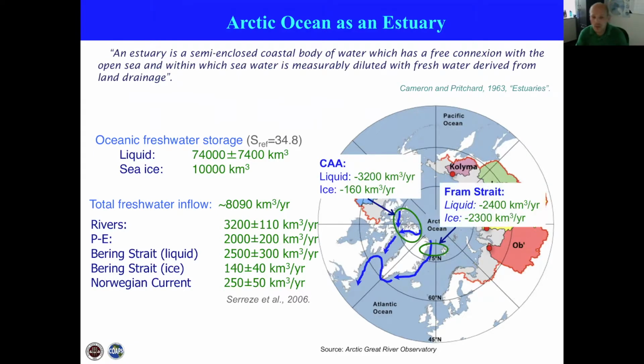There are two major routes of freshwater outflow from the Arctic Ocean to the North Atlantic. One is through the Canadian Arctic Archipelago and the other through the Fram Strait. Listed numbers are long-term mean estimates of the liquid and solid freshwater fluxes through these passages. And of course, there is a strong interannual and interdecadal variability of these fluxes from the Arctic Ocean to the